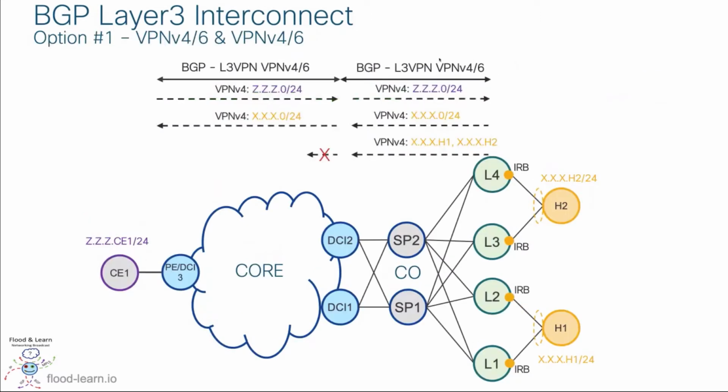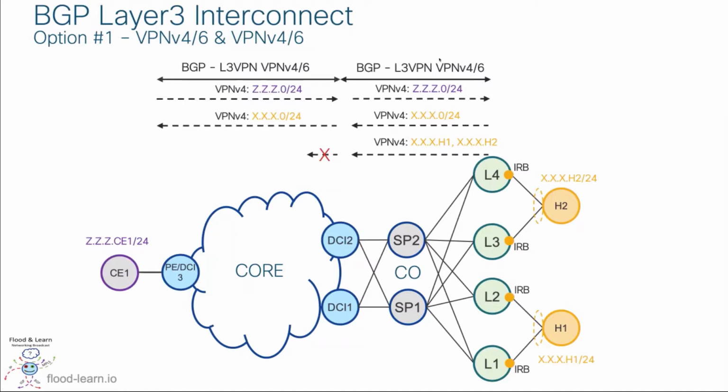So the first one is that basically I'm really getting the VPN v4 prefixes from the leaf to the DCI. And again, when I'm saying VPN, I'm showing VPN v4 here on this picture. It is also completely the same for VPN v6. Basically, I'm advertising the whole prefix in the VPN v4. In this case, you can see that first I will advertise from the PE3 to DCI, and then DCI is re-advertising to the leaves. Then from the opposite direction, also the whole prefix is advertised from the leaf, and then is